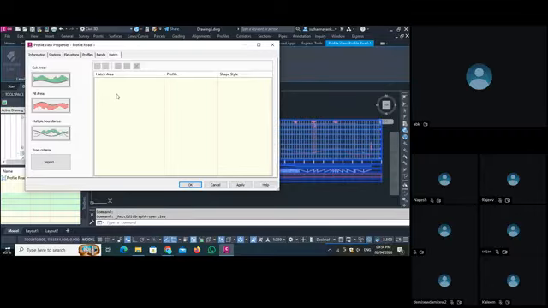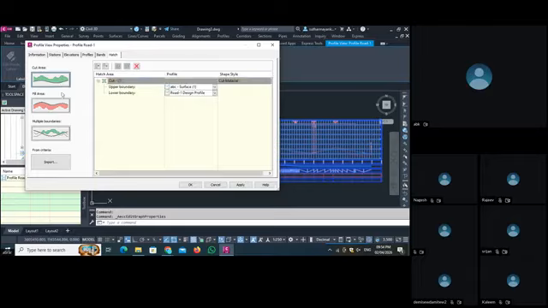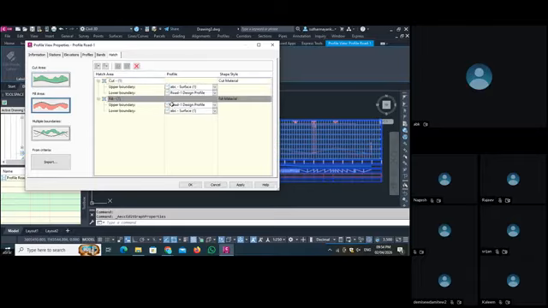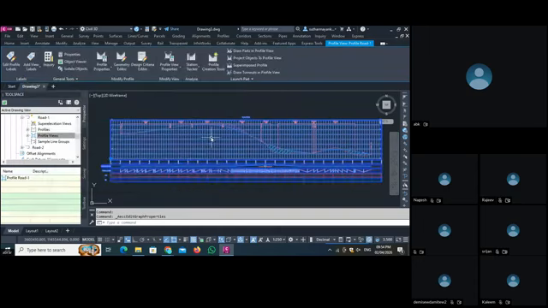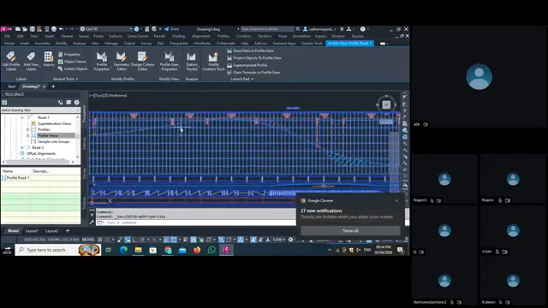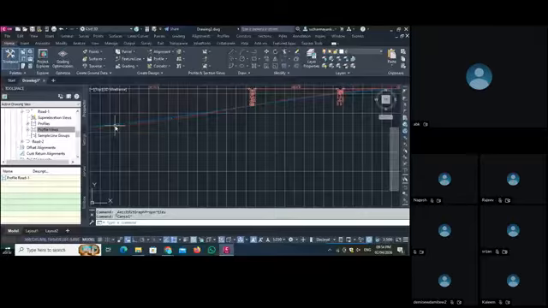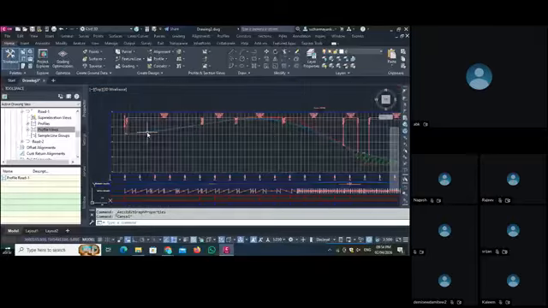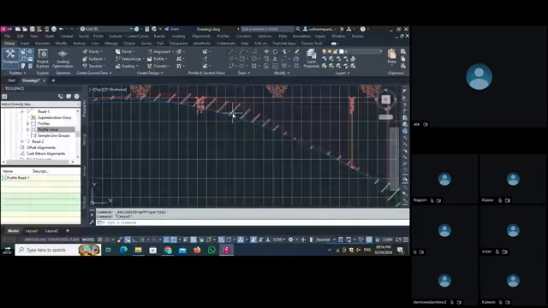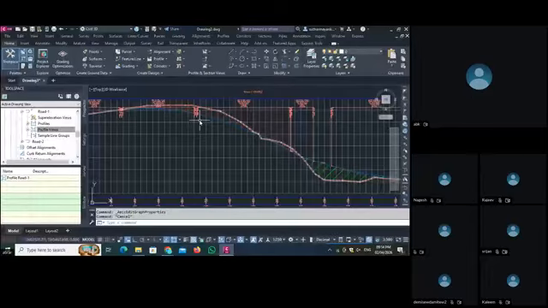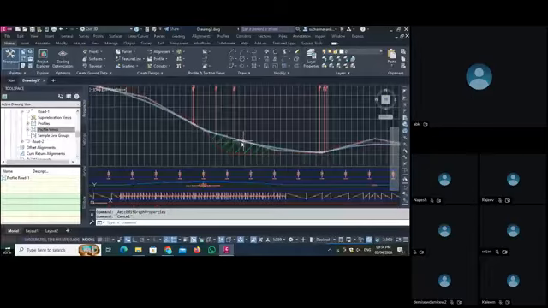Now we have two profiles, so now we can cut and fill our profile. So make sure both profiles are selected in cut and both are selected in fill. Then we apply and OK to it. So as we apply and OK, you can see the difference here. Wherever there is cut and fill, it will be marked with the hatch. See, the red hatch means we have to cut this, and the green area,